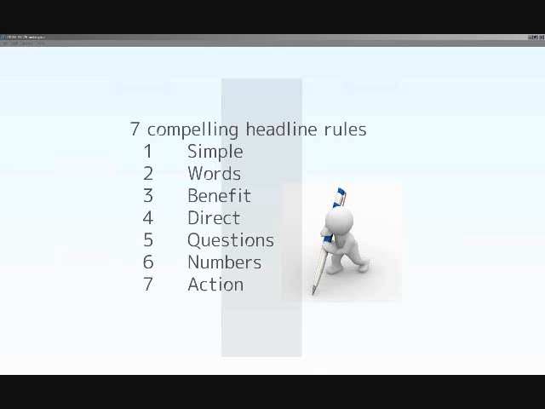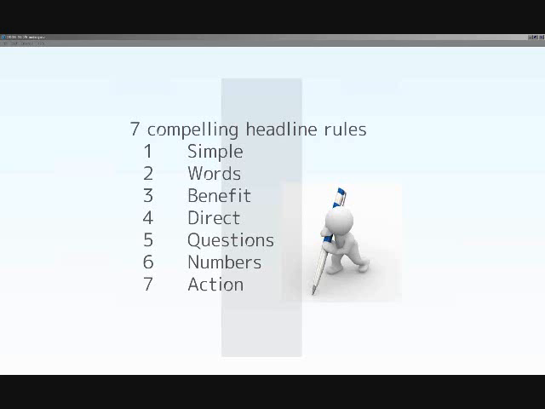Make sure there's a benefit involved. People want to know what they're going to get, what the benefit is to them from reading your post. So use benefit statements. Be very direct. Again, it's being simple or being short. But tell your reader exactly what's coming as opposed to beating around the bush. Ask a question. Readers always want to know answers to questions, and specifically questions that they want answers to. Again, if you use 3 lefts and a right, you'll learn what it is they're looking for and be able to answer questions for them.